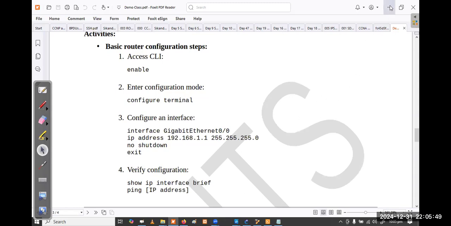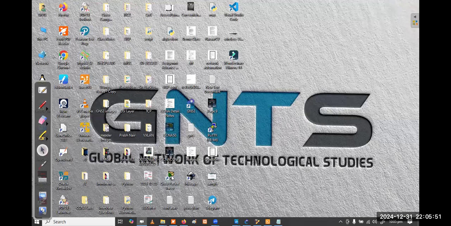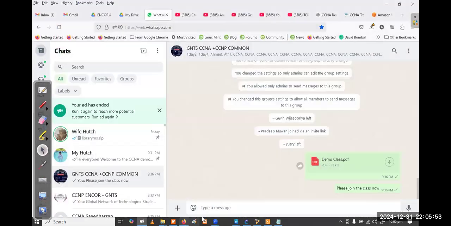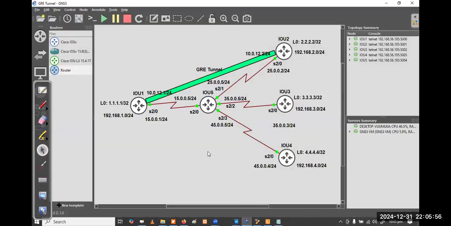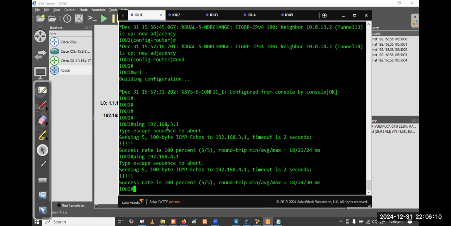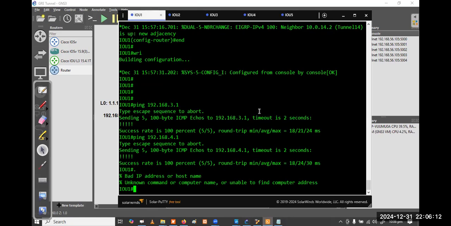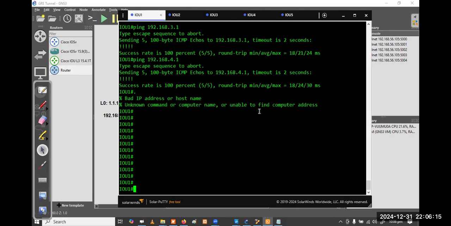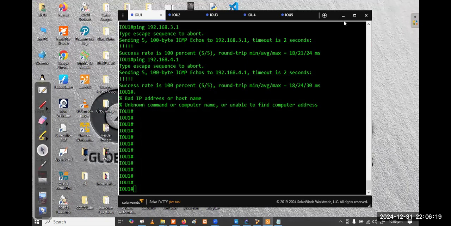So let me go to Packet Tracer for the time being. Otherwise, we can go for some other applications also. If you want to go to the GNS3 interface, you see here, this is already started. Then if I go to the console, you can see here console IOE1. This is the router's interface, right? So the router interface is going to be something like this when we start.